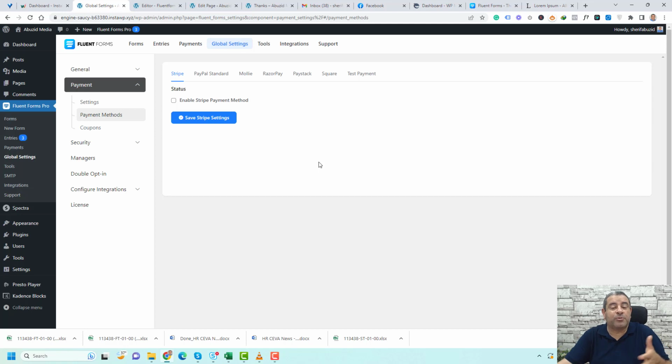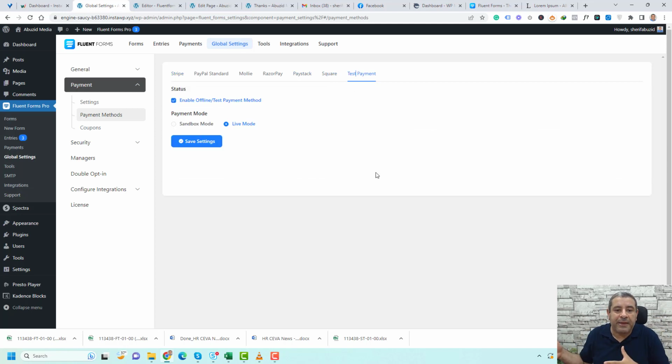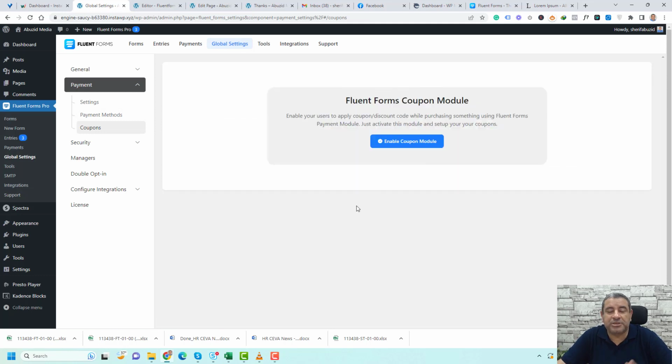And of course, Fluent Forms supports Stripe, PayPal, Mollie, Razorpay, Paystack, Square, and Test Payment, which can be used for offline payments, which is the one that I'm using for this tutorial. The developers of Fluent Forms keep adding more payment methods. Of course, you can also create coupons if you'd like to give your customers coupons to encourage them to buy your services. Once you go through all of these settings, and of course you need to add your license key under the License tab,